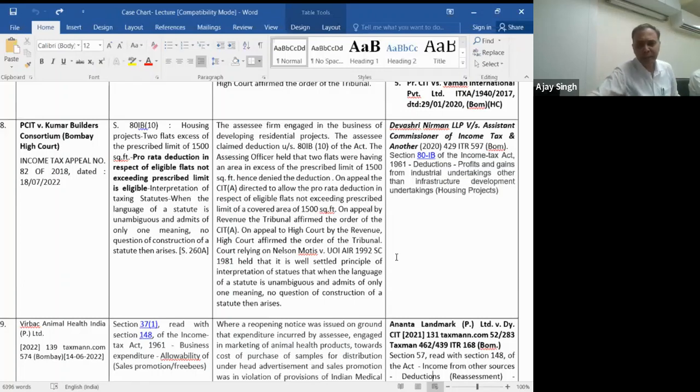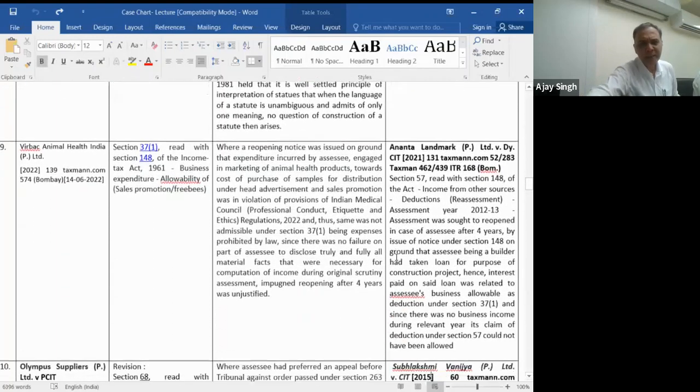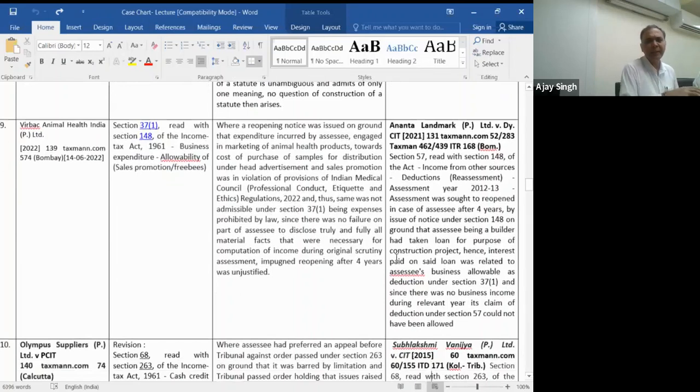We move to the next case. Again, this is a decision of Bombay High Court. It is in the context of section 148. So here basically the